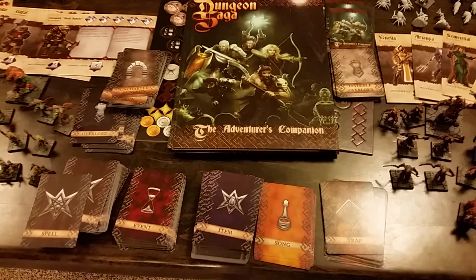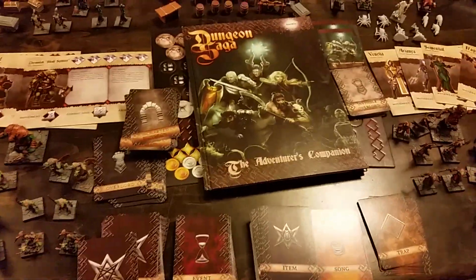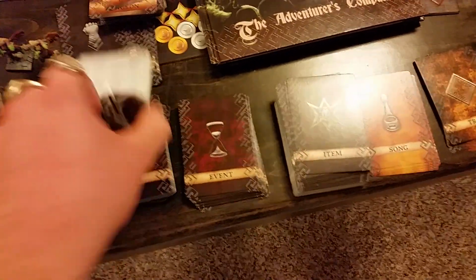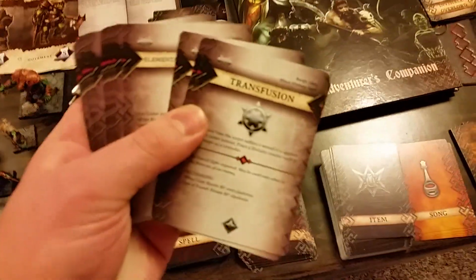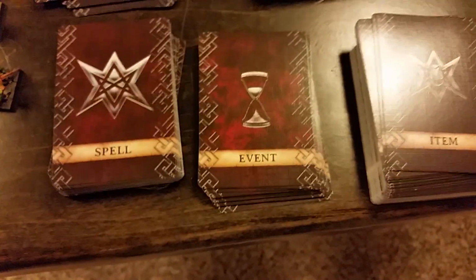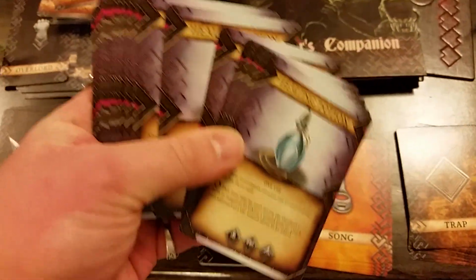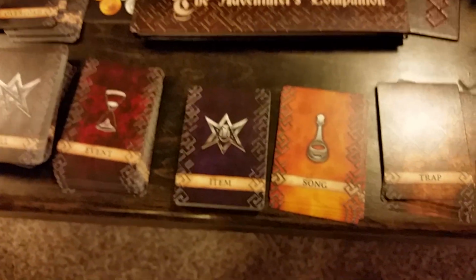And similarly with the Invisible Overlord cards, which are basically what would happen if you were playing solo and didn't have someone to play the Overlord character. Now those were pretty much just cards that you might find in the expansions or the Adventurer's Companion, but basically in the base game you'll have your spells, minor and major spells, with all of their various effects. And then of course you'll have event cards, tells you what's going on, a ton of item cards, and the Adventurer's Companion reprinted some of the item and other cards that were found in the base game, but added additional ones too, and then different song cards